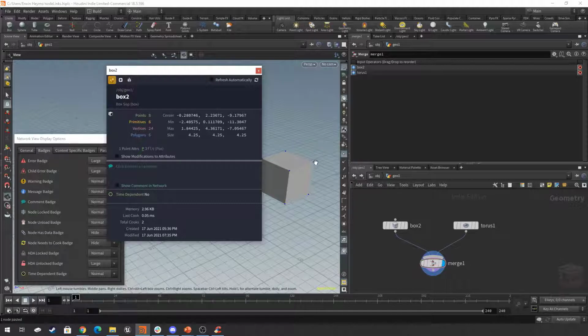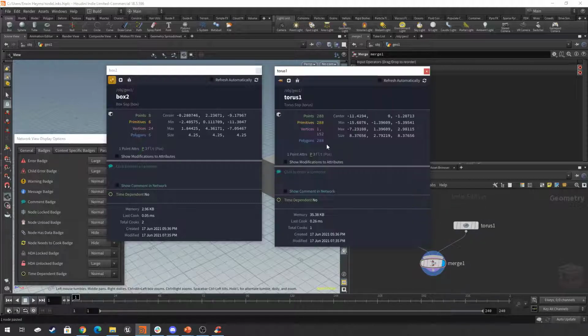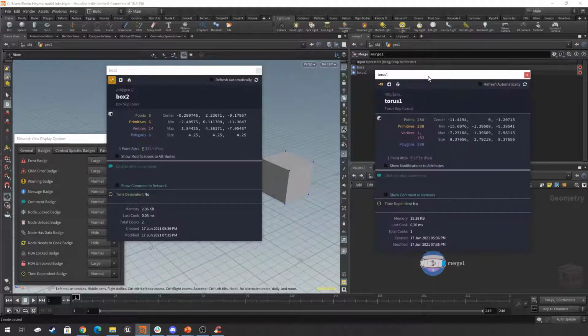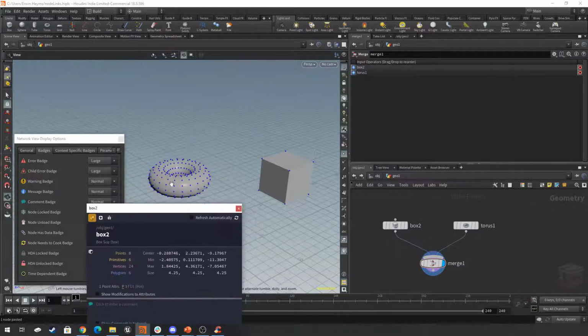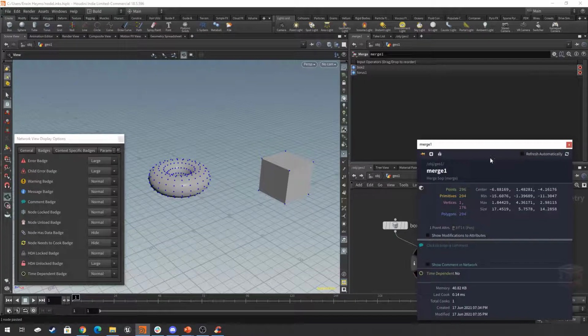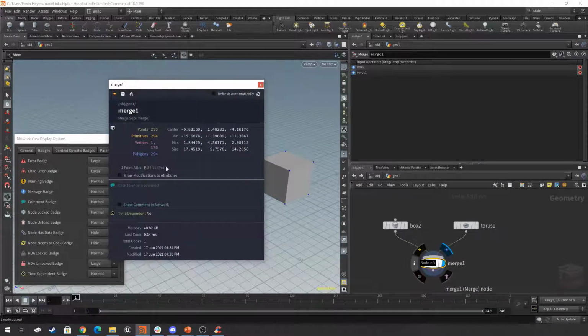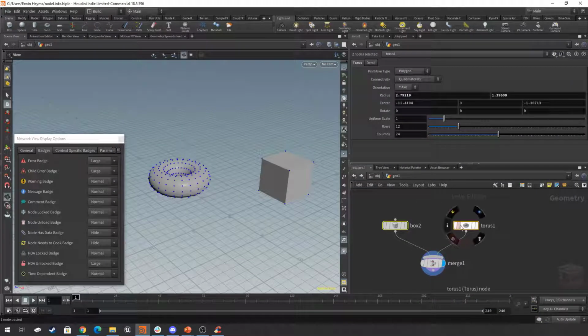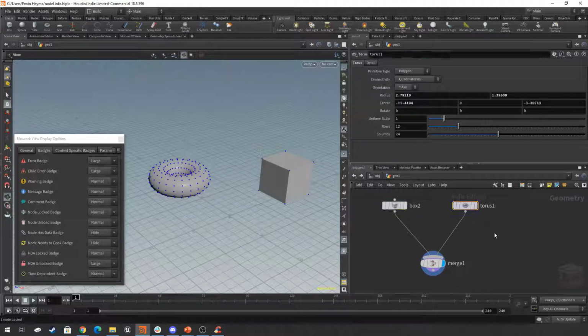And I'll talk more about attributes in the next video, but as you can see, both of them share the point attribute, indicating the position of the points on this object, as well as on the torus. And if they are merged, then both will share the point attribute here. But if we were to create an attribute on one of these objects, like a color attribute or a normal attribute,